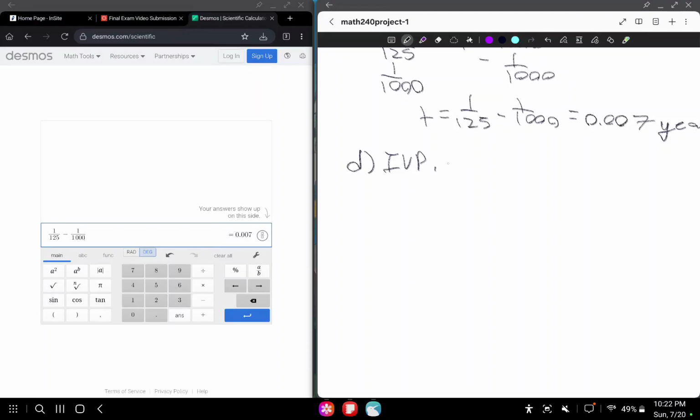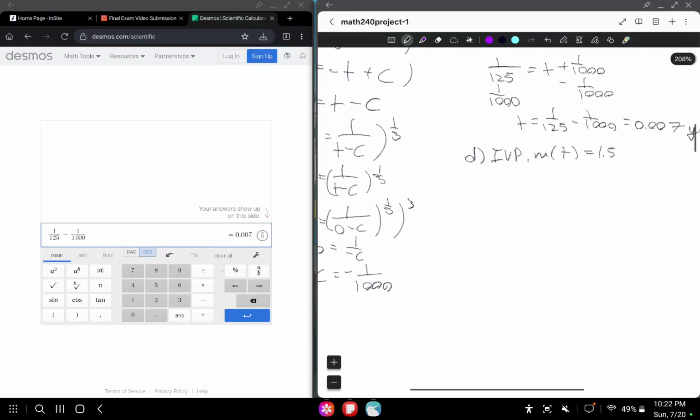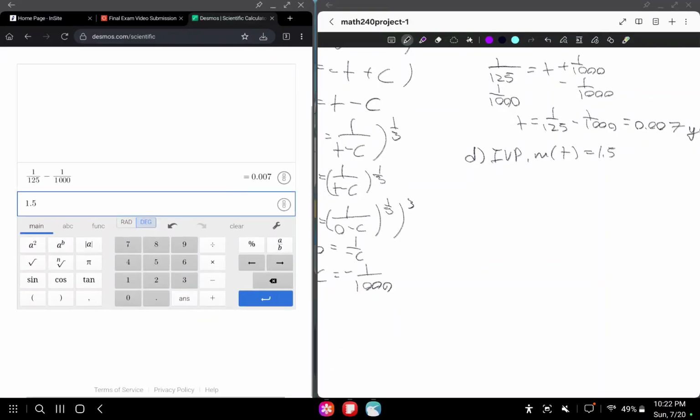So m of t equals 1.5. 1.5 to the third, 3.38. 3.38 is equal to